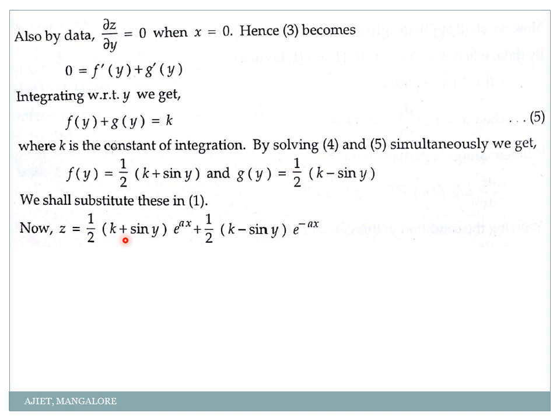That's it. Are you clear with this step? So instead of adding and subtracting directly, make sure that both the equations are functions of the same thing. Either it should be f dash on both sides or it should be g dash on both sides. So here what did I do? Since f dash was there, I tried to convert it into f by integrating. So integration of f dash of y is f of y, g dash of y is g of y, equal to some constant k. Then add and subtract, we will get these two equations, solve it. That's it. Okay.